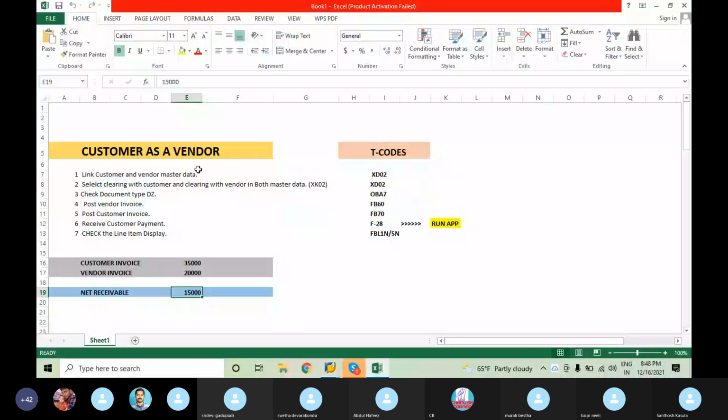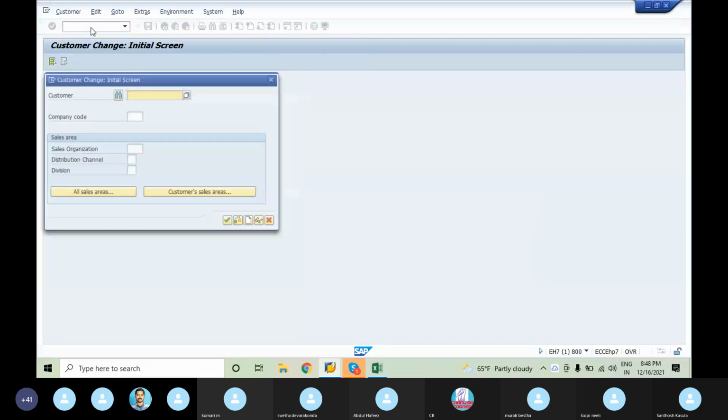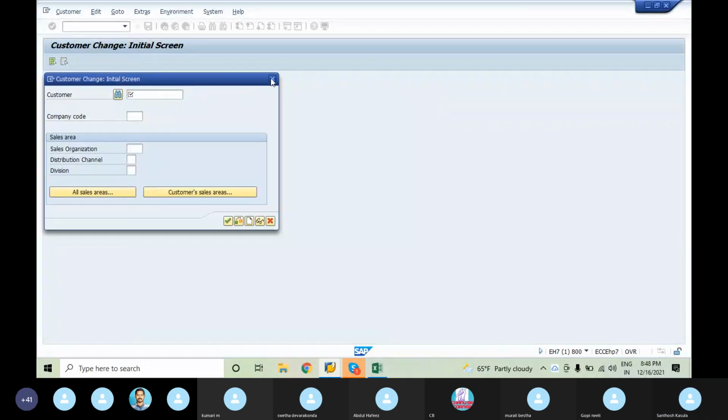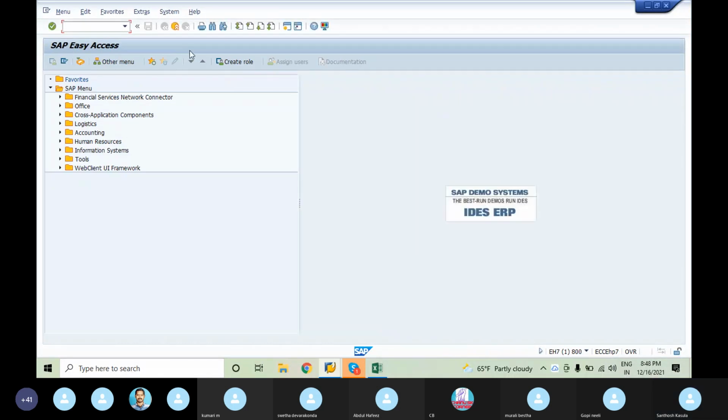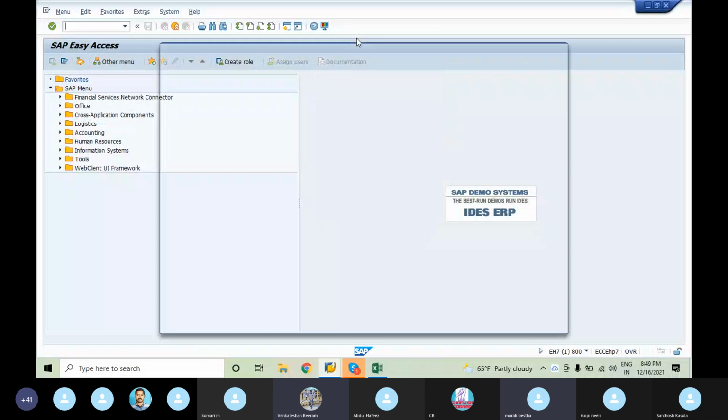Can you make the font size big? Yes. One second. Is this the default size? I'm unaware of the default size. Click on options.